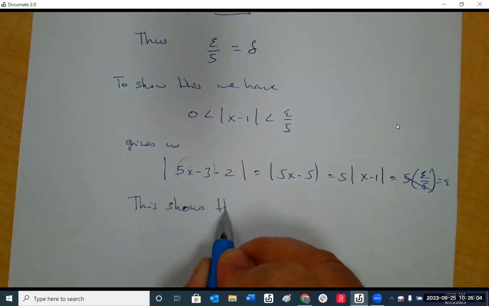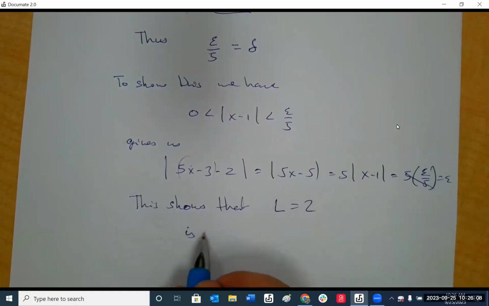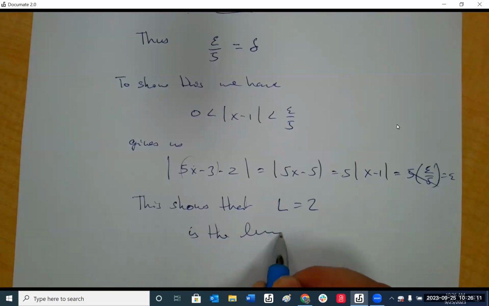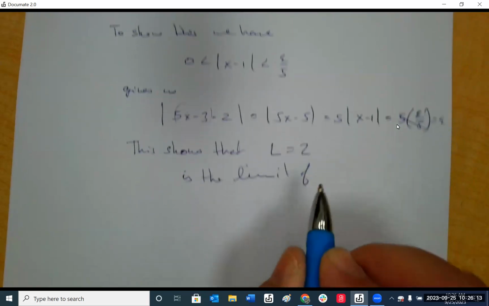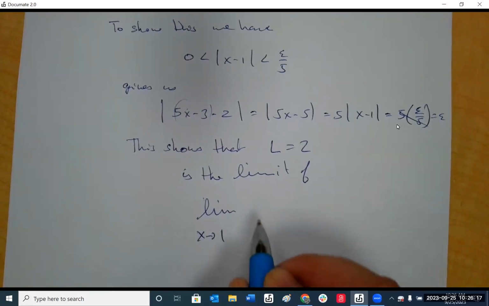This shows that L equals 2 is the limit of our function as x approaches 1,